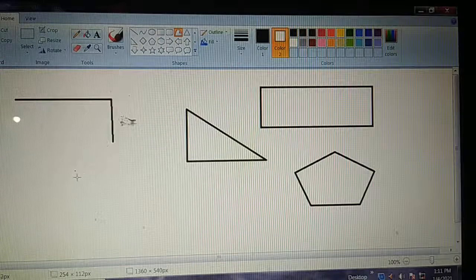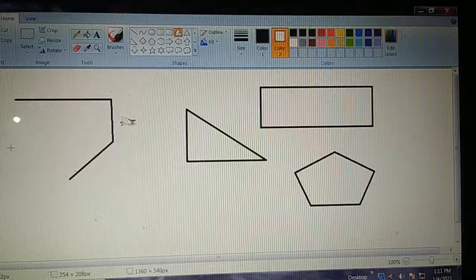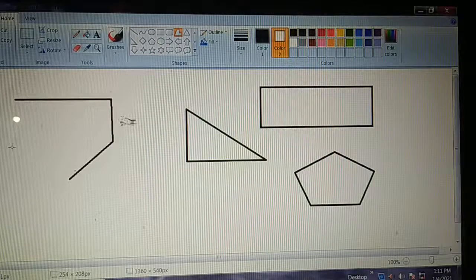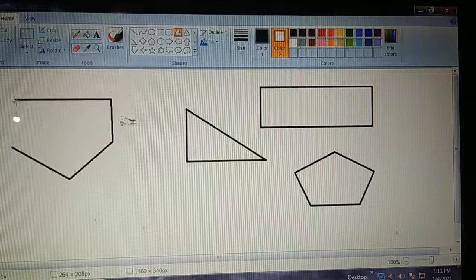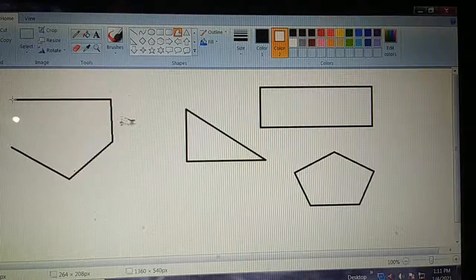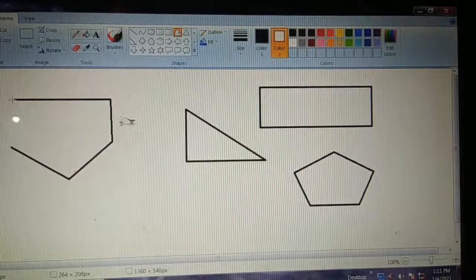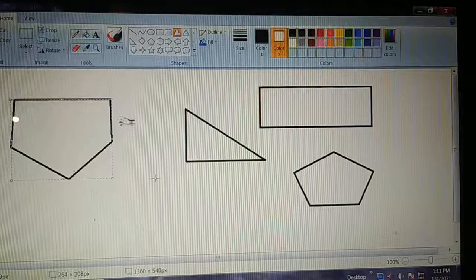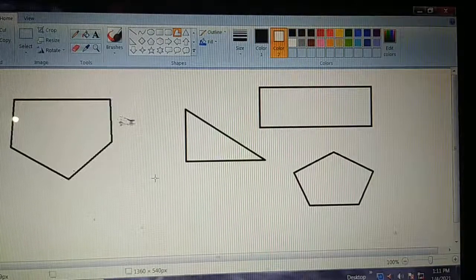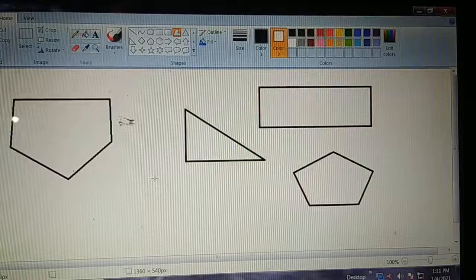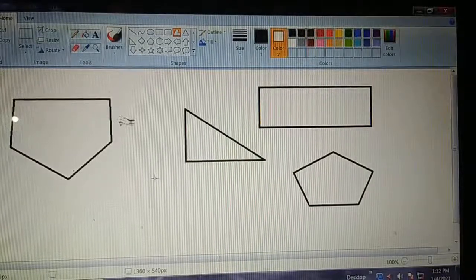Now go to the second point, then click. Then go to the third point, and then go back to the first point, from where you started making the polygon. Click. So this way polygon shapes can be drawn very easily.